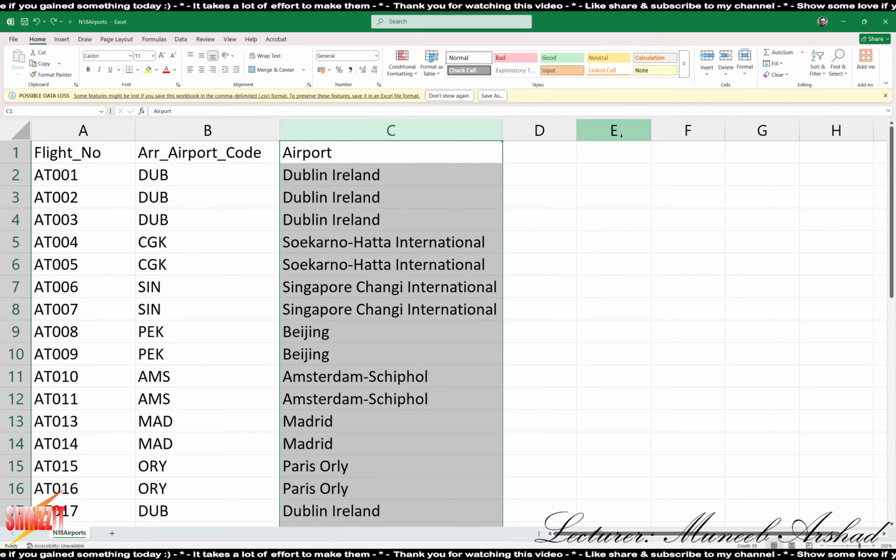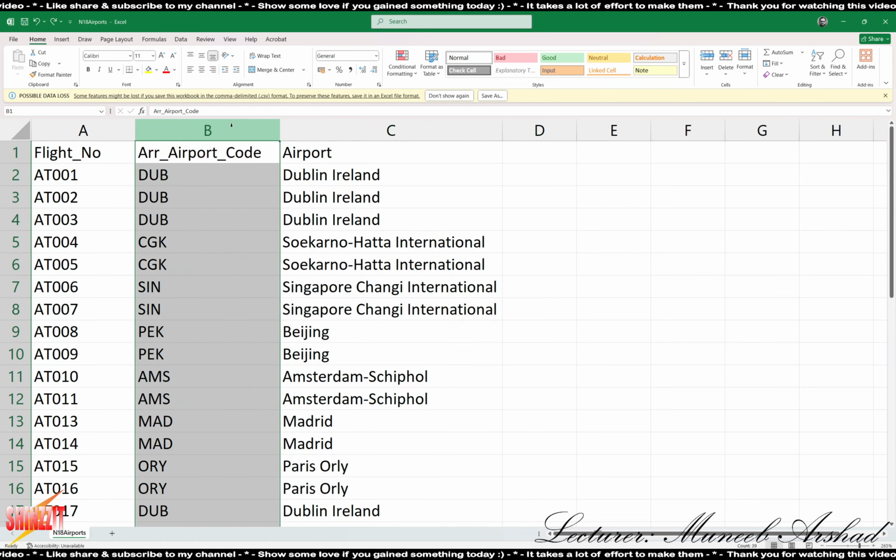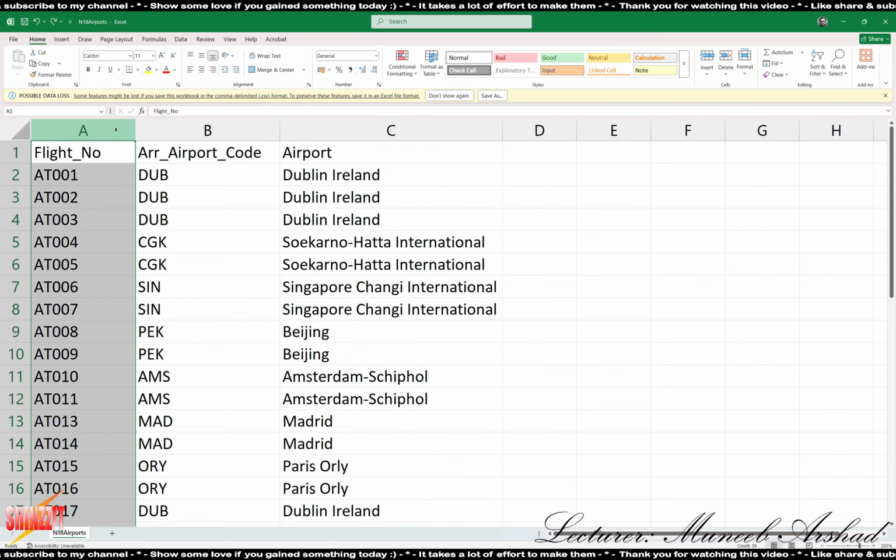So airport code is important for your flight, but the airport itself is not dependent on the flight, है ना? So this non-key is actually depending on the airport code. It is not depending on the flight number. For flight number, we only need